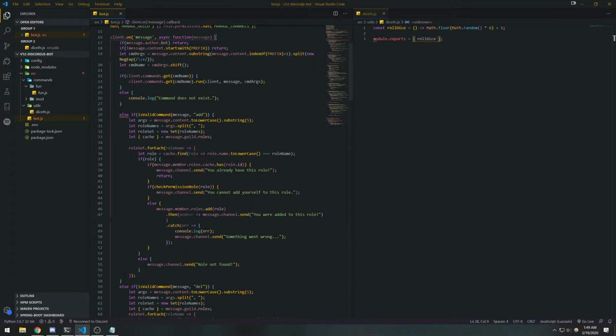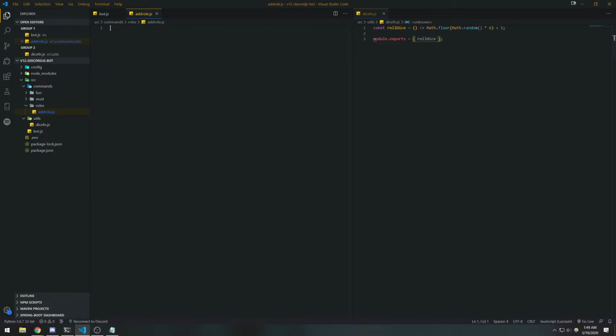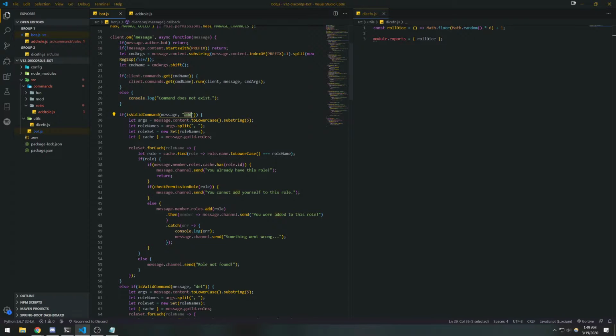Now, what was this add function? Oh, this was for adding roles. So we're going to move this inside a folder called roles. Anything that has to do with roles will go inside the roles folder, and we're gonna say add role.js, and again the same exact thing, module.exports.run async client message args. And what we're gonna do here is